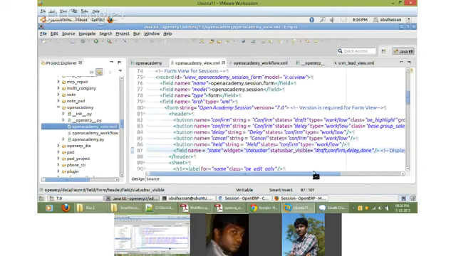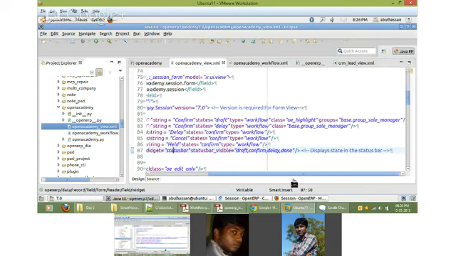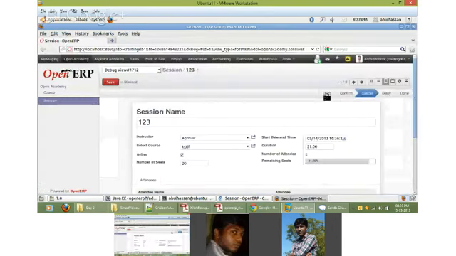You give the widget equal to statusbar, and because the widget is given as statusbar, it displays that way. Otherwise, it will be displayed as a typical field. So when you give this, automatically it is displayed in this manner.